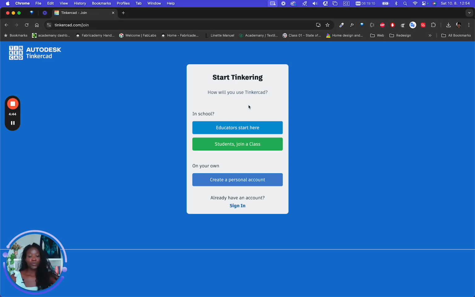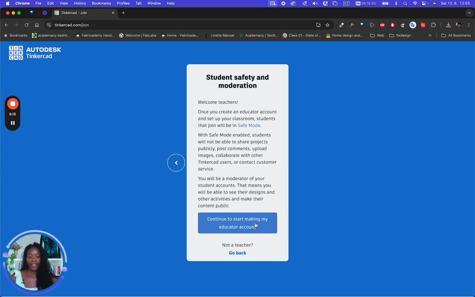If you choose to create a personal profile, then any student will be in full charge of their profile. So anyone who enters your classroom, you can still create a classroom inside, but the students will have full control over their account. So you can choose, maybe you can start as an educator, and I'm going to make my